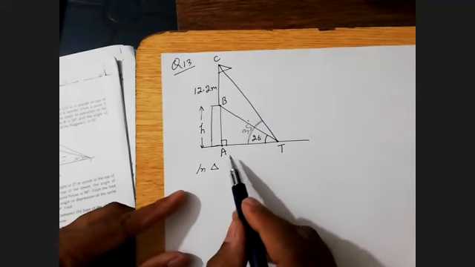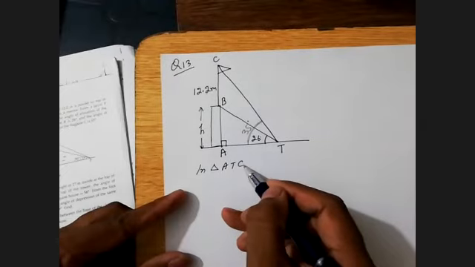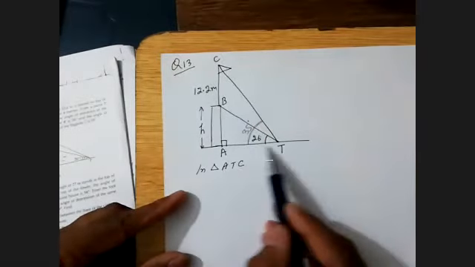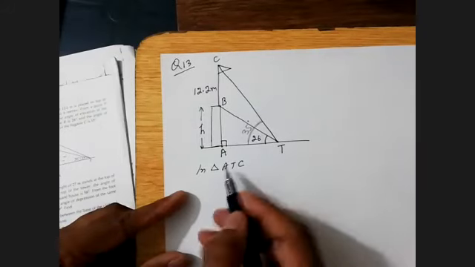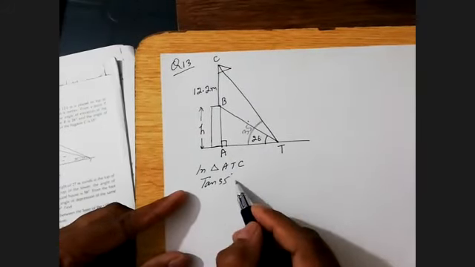In triangle ATC, perpendicular means opposite over base, tangent 35 degree is equal to